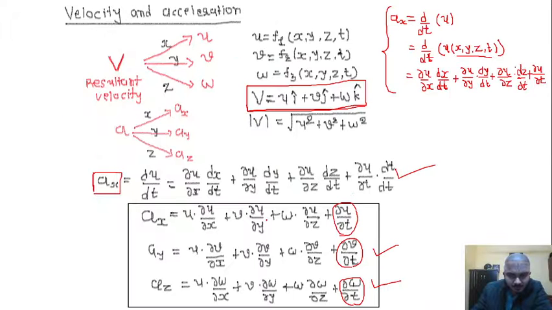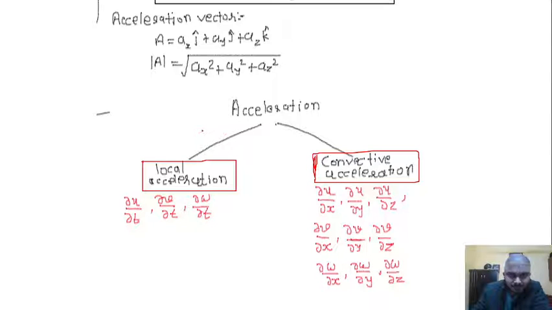So here if we observe this box again, then these all are derivatives of velocity with respect to space and time. A few velocity derivatives are with respect to space, and the last three derivatives, as you can see here rounded, are derivatives with respect to time. So the derivatives with respect to time are local accelerations, and derivatives with respect to space coordinates are called convective acceleration.